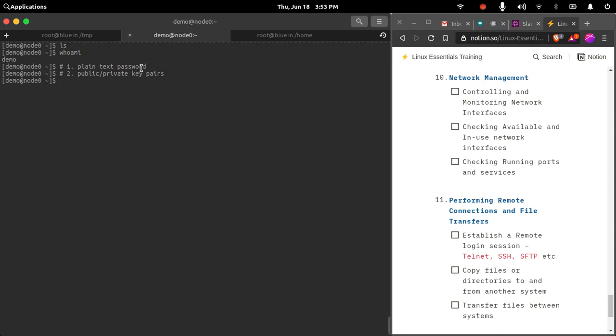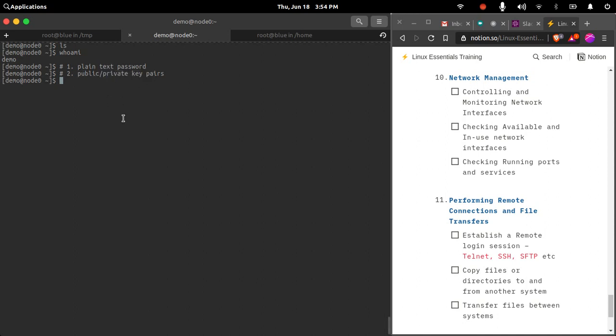A plain text password is actually not a very reliable way, because a user may remember his password, but other people can also guess passwords, and people usually guess passwords through password detectors. They will do a denial of service on your system on a particular username, and then they will guess passwords with their applications. So a plain text password is actually an insecure way of communicating through SSH. People usually prefer public private key pairs for communicating over SSH.